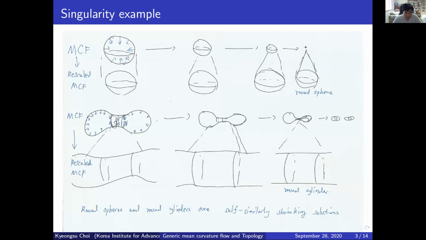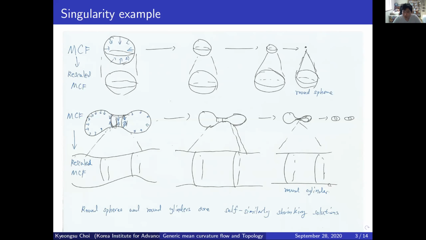And then to see this singularity, we blow up, we dilate the solution. Then you can imagine that this singularity will converge to a round cylinder. Especially, here the curvature goes to 0, and this goes to an infinitely small cylinder. So this compact part goes to infinity. So we are only able to see the flat round cylinder.